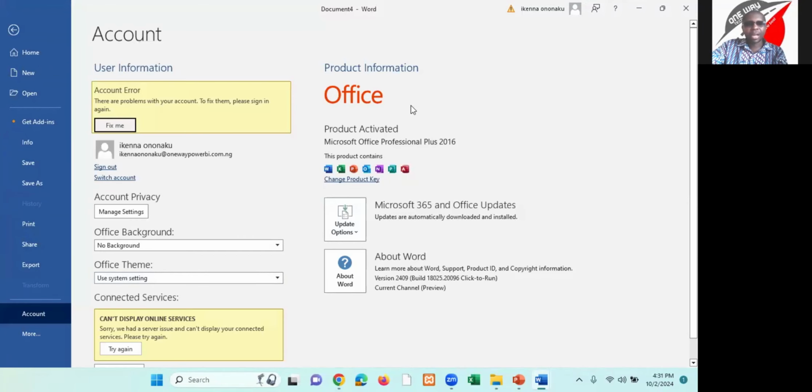And from this account dialog box, you can see that Microsoft Office is installed and that the product is activated. Then below it, you see "This product contains," and you will now see the applications that this product contains. You see Microsoft Word, Microsoft Excel, Microsoft PowerPoint, and the rest of them. So with this, you will know that Microsoft Office is fully installed with all these applications, including Microsoft Word